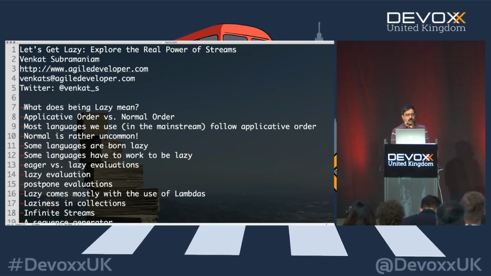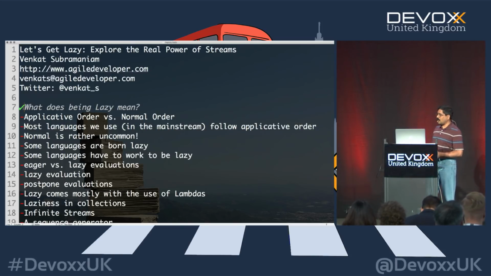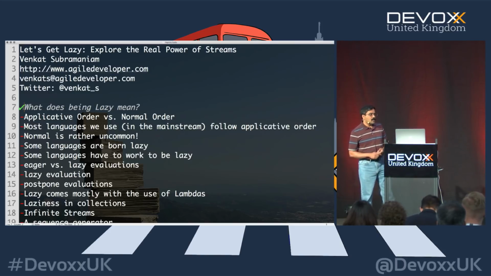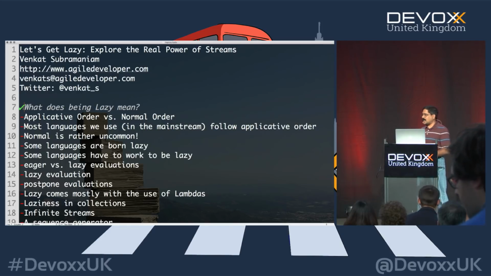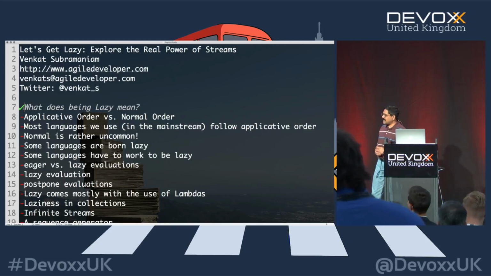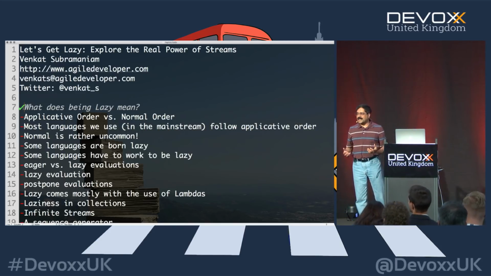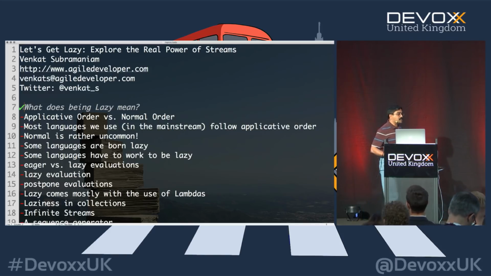So let's talk about what we really mean by laziness. Our objective here is to defer evaluation, postpone evaluation. Now, why do we really want to postpone evaluation? Well, the saying is that if you want to do something in a more efficient way, you can never beat just not doing it at all.